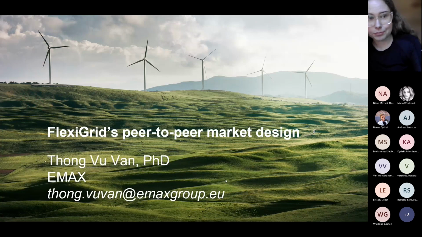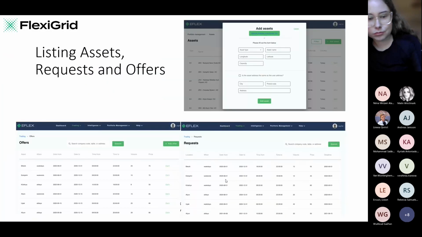Yeah, they can create a bid on it. For example, from here they can have the offer. It can be an individual asset or a group of assets. The asset they create is related to location and capacity. And then they can create an offer from the platform, so that either the prosumer can do it by themselves or the aggregator can create it on their behalf.